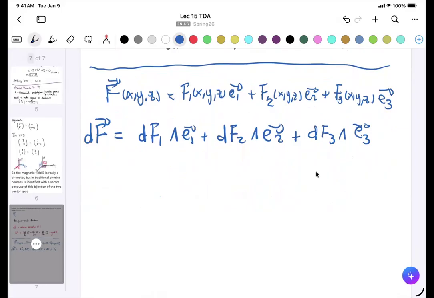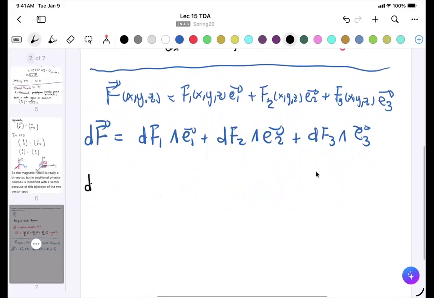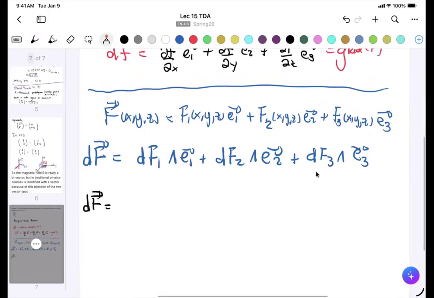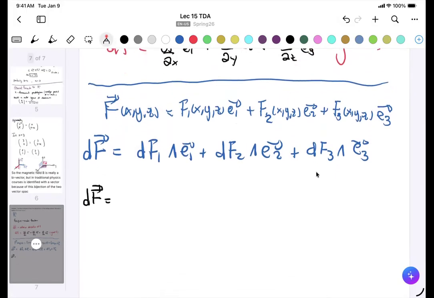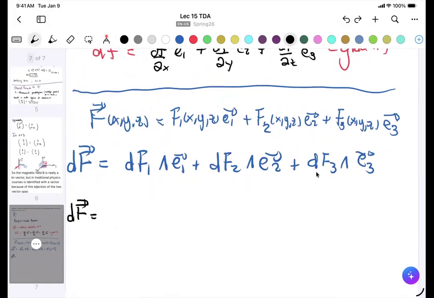Okay, so let's work this out. What is the exterior derivative of a function? It's the formula that I just wrote. You just take the partial derivatives of the function with respect to each variable and wedge times the corresponding unit vector. So this would be